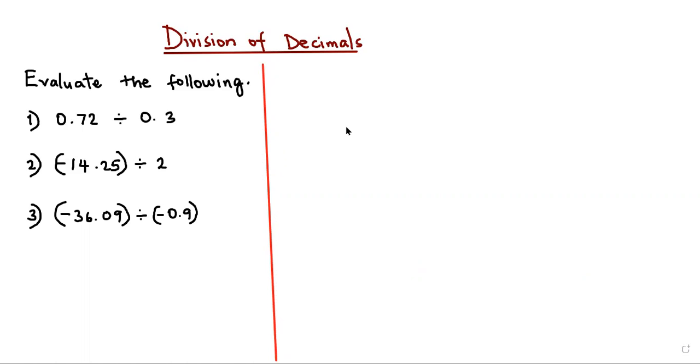So let's have the solutions. Okay, we begin with number 1, where we have 0.72 divided by 0.3. Okay, can you hear me, all of you? Yes. Okay, so what we are going to do,